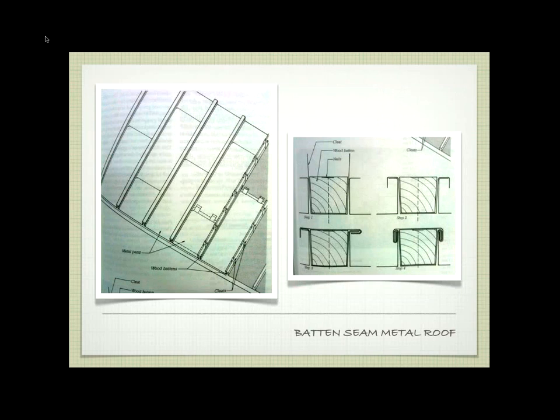This is a batten seam metal roof, which is the same concept as a standing seam. We just have a wooden batten, right? And then we're putting a cap that gets folded over on itself, right? That creates the same kind of a seam, but it's a flat with then a little raised hump and then flat with a little